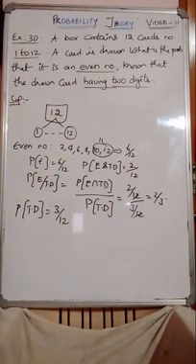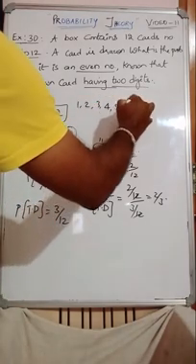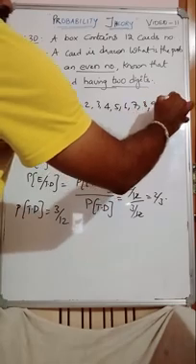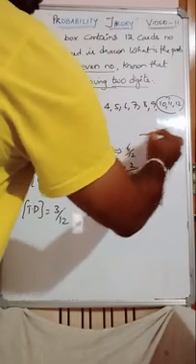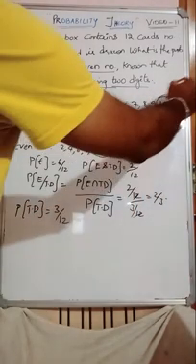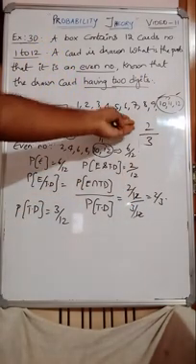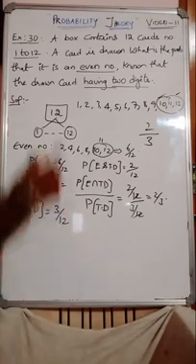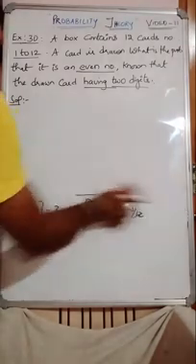Guys, you understand this? In a competitive examination, it is very simple. 1, 2, 3, 4, 5, 6, 7, 8, 9, 10, 11, 12. The 2-digit numbers were these 3, right? Divided by 3. In that, even how many? 10 and 12. 2. So the answer is 2 by 3. In the competitive examination, straight away we can write it. Right. Now let us see the elaborative answer for 5 marks.